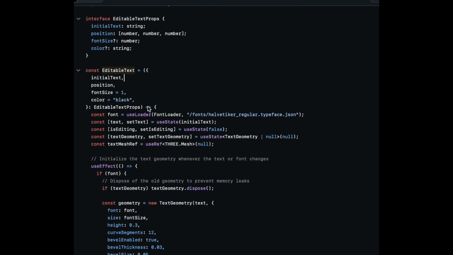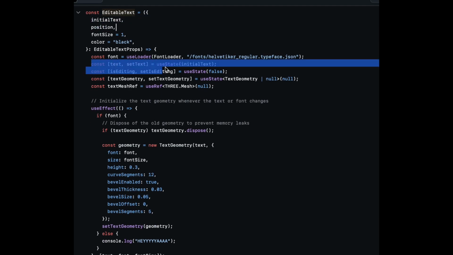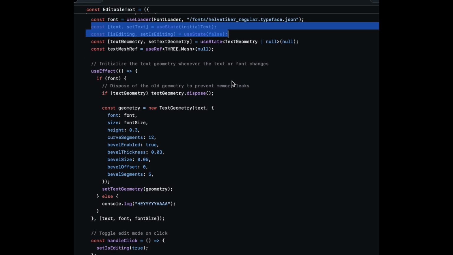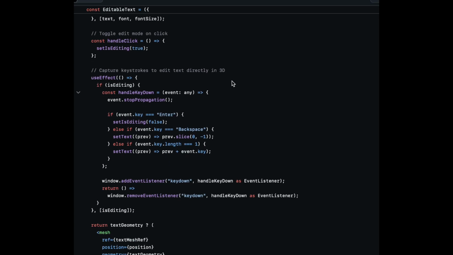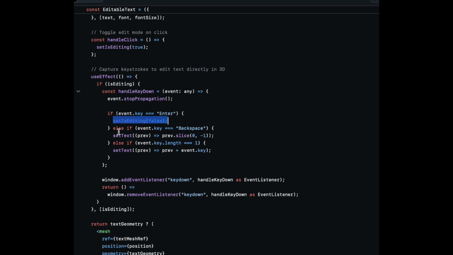So here in our editable text component, we initialize the text, and then we can have a state for the text and editing. These states are what allow us to actually delete characters and add new characters in. So inside the useEffect hook, we can toggle the states, and then that's what allows us to set and retrieve